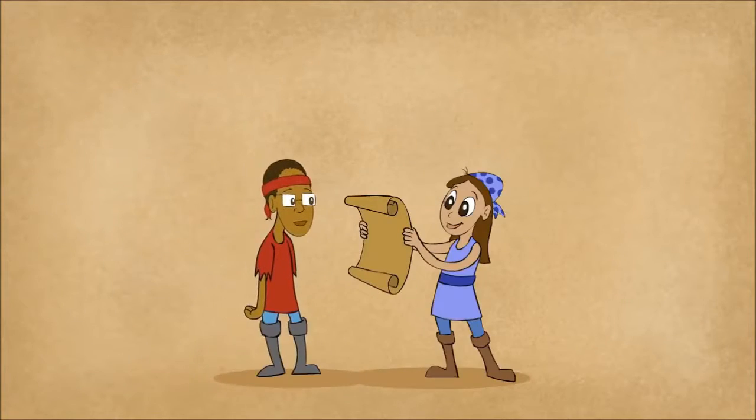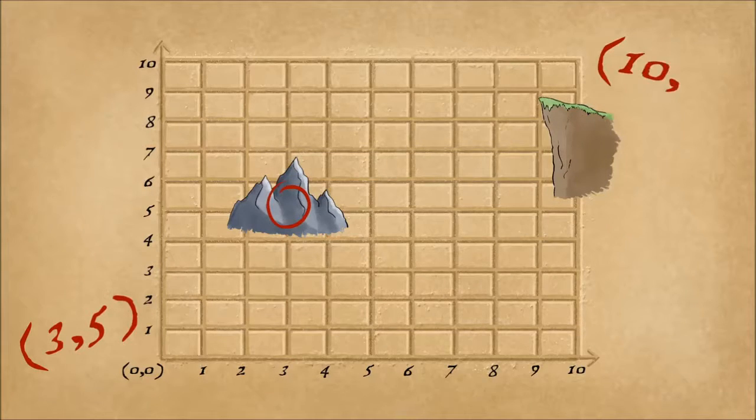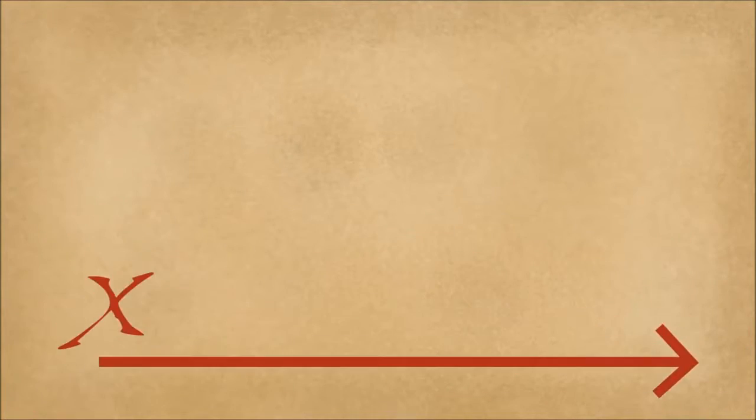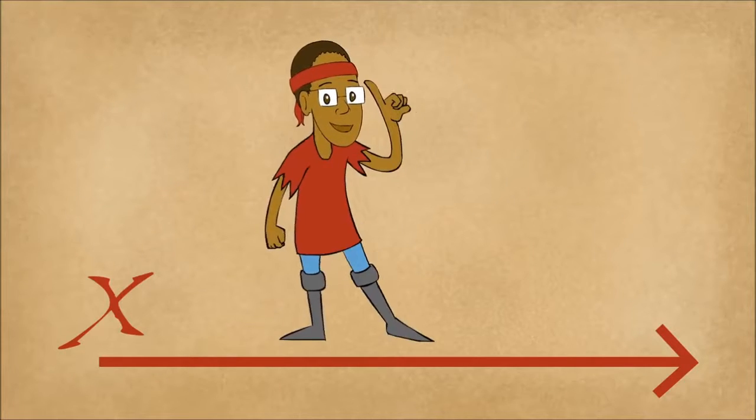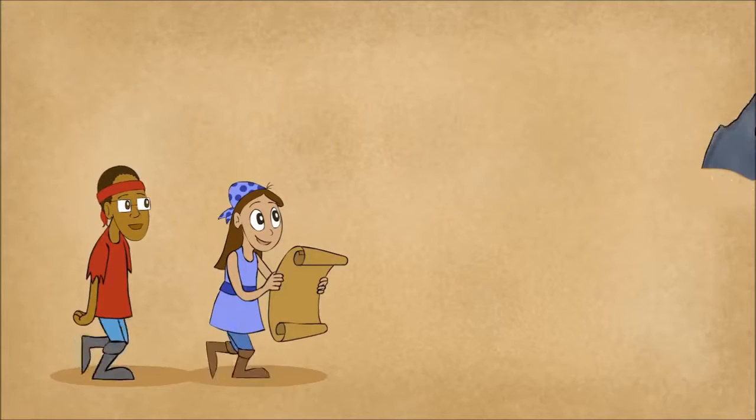coordinates point is found. To plot the ordered pair 3, 5, go right 3, up 5, to where you arrive. To plot the coordinates 10, 7, go right 10, up 7, we did it again. On the x-axis, count to the right. On the y-axis, count from the ground. That's how a